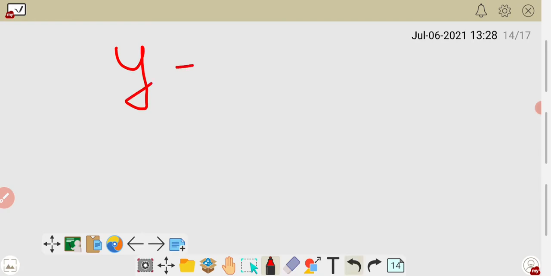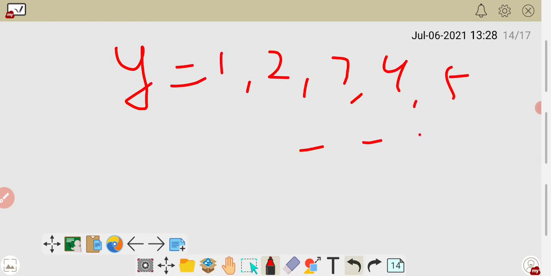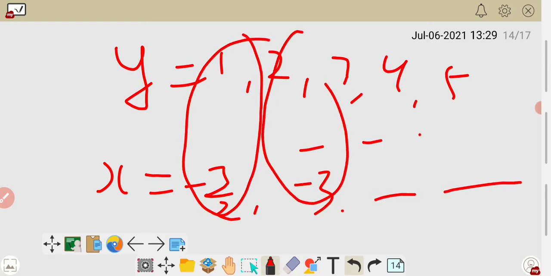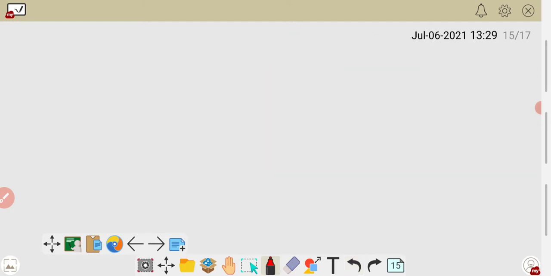If you put y is equal to 1, 2, 3, 4, 5 and so on up to 1000, then also in place of x you get some value. Here you get minus 3 by 2 and then minus 3 and so on, and these together are known as a solution. So for how many values you find the solution, it is not stoppable. You can find different values at different positions, so they have infinitely many solutions.